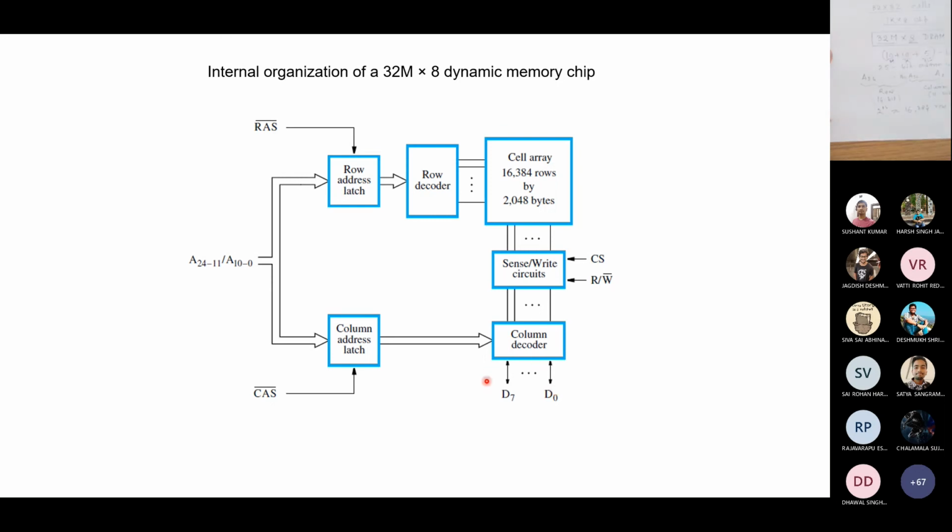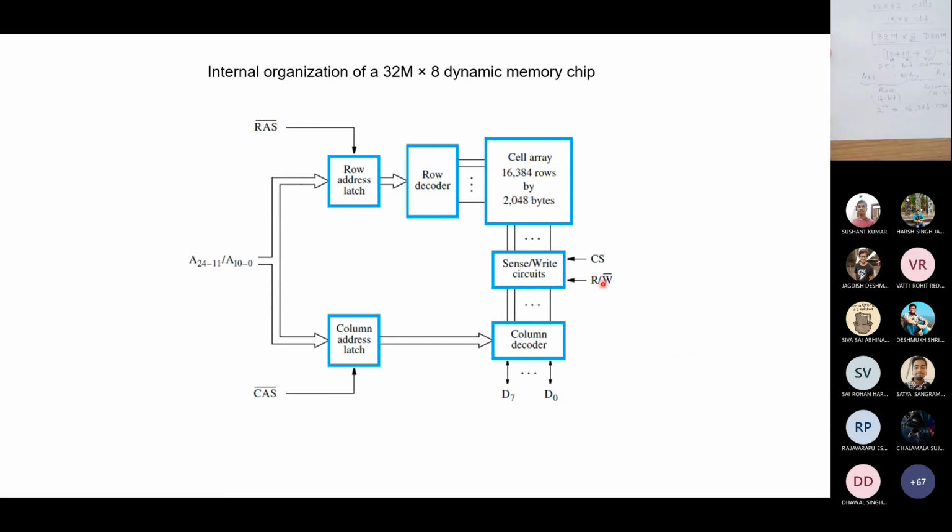So the column decoder, what it does basically, this is a slightly different organization where the column decoder actually selects the particular column. All columns are coming, 2048 columns are coming, but it only selects one of them. You can say that this is basically a kind of demultiplexer architecture, or you can also use the typical decoder architecture, depending on how you organize them.